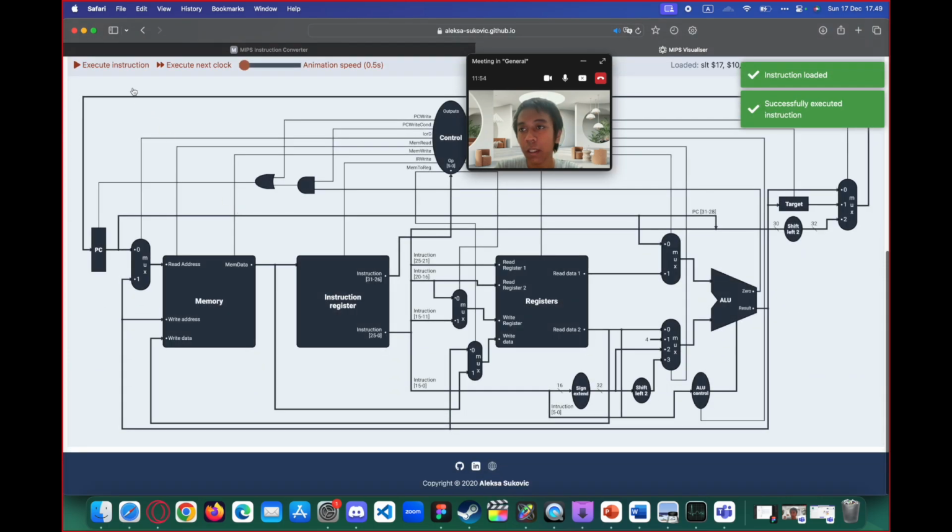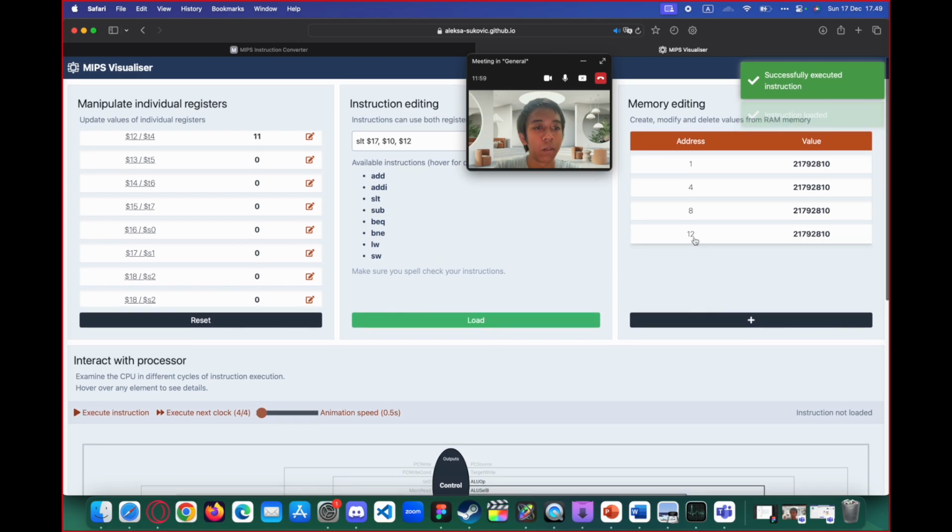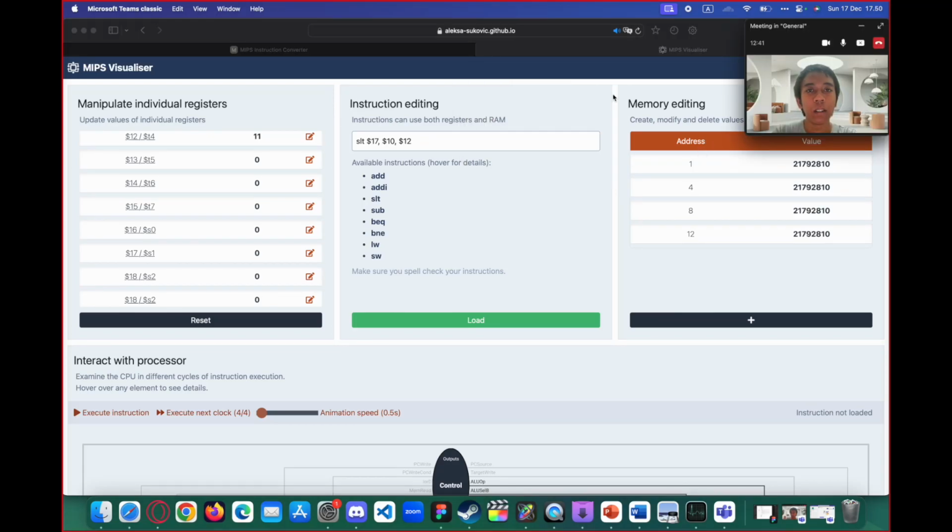If I do it again, it will be 12. So the memory, the RAM, will read every single instruction we have done into its address. I think that's all about the tools explanations. Next, we can go to the instruction explanation.